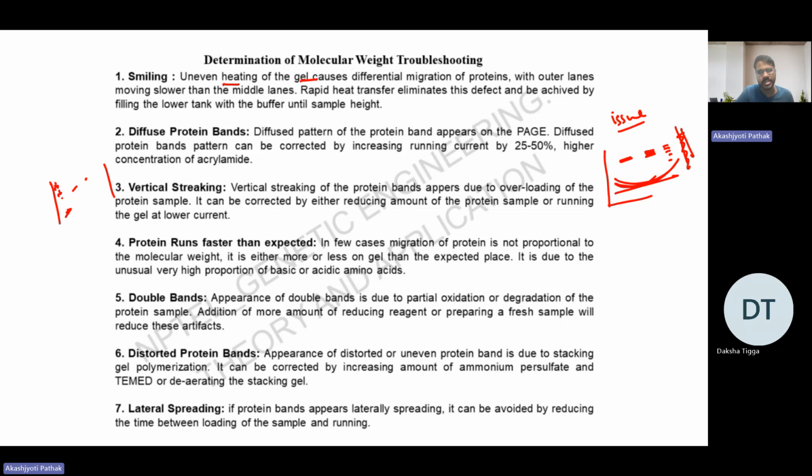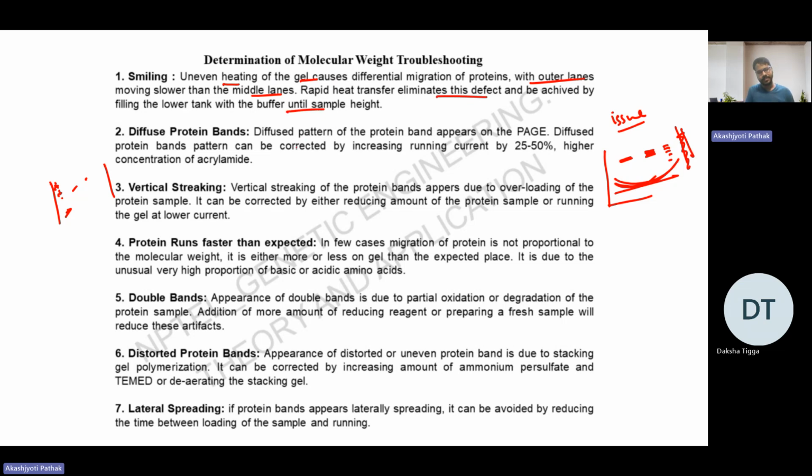Okay, middle of the gel. So that is why, if there is uneven heating of the gel, your pore size gets increased. As a result, all the proteins will not move evenly through the gel. So the outer lanes will move slower than the middle lanes. So rapid heat transfer eliminates this defect, and we achieve it by filling the lower tank with the buffer until the